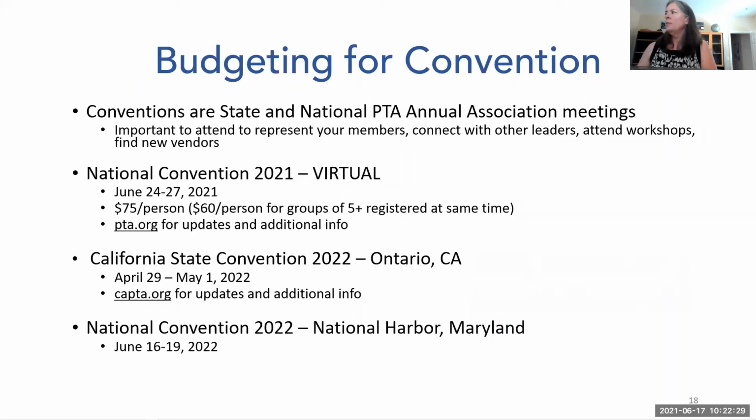So we do ask that you budget for convention. We also like to have you budget for our 9th District activities. We have our annual meeting in March, hopefully in person this year. And we do a huge training and another meeting at the first weekend of June. That's usually about $50 a person. The annual meeting is about $30 a person.